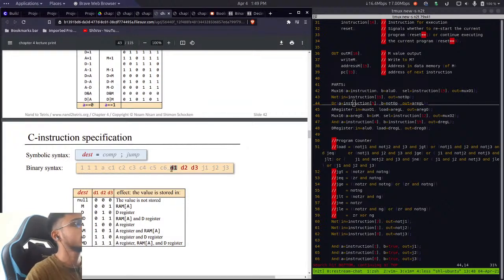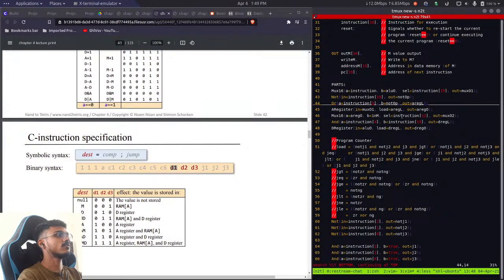Yeah, this bit represents whether we should load the value inside the A register or not. And I am using an OR gate. Why? So for the, if this thing is 1,